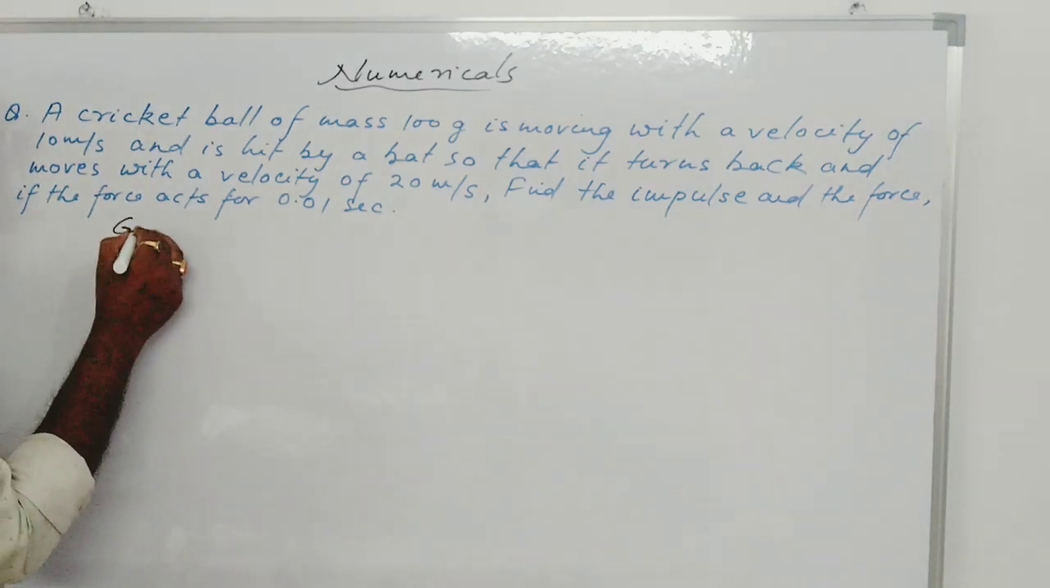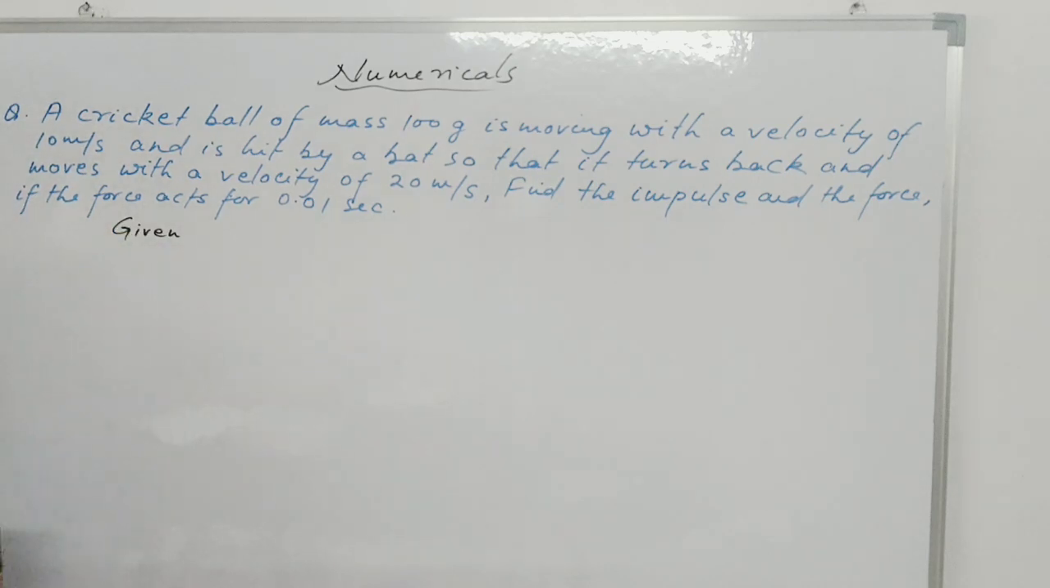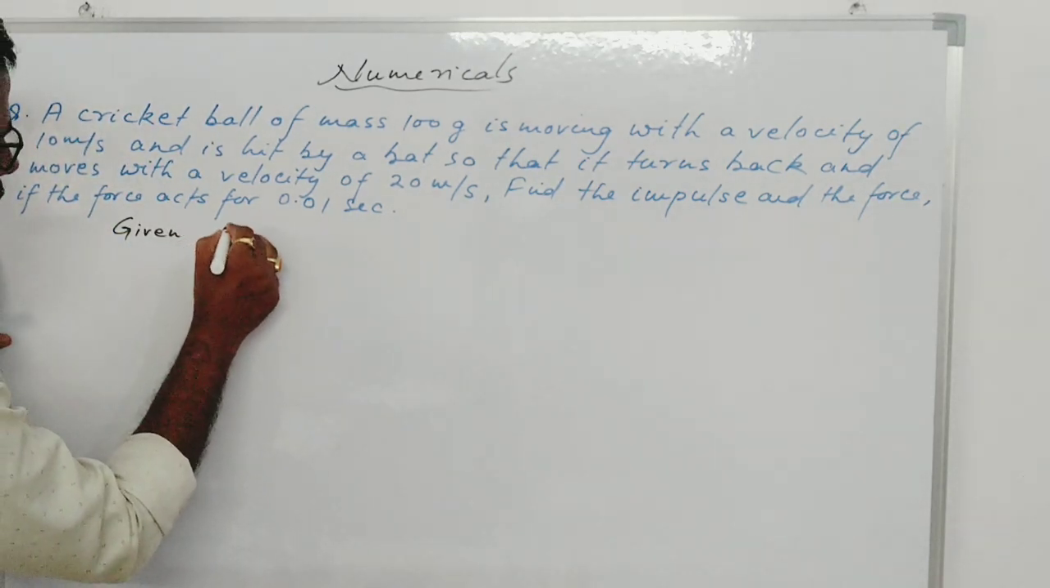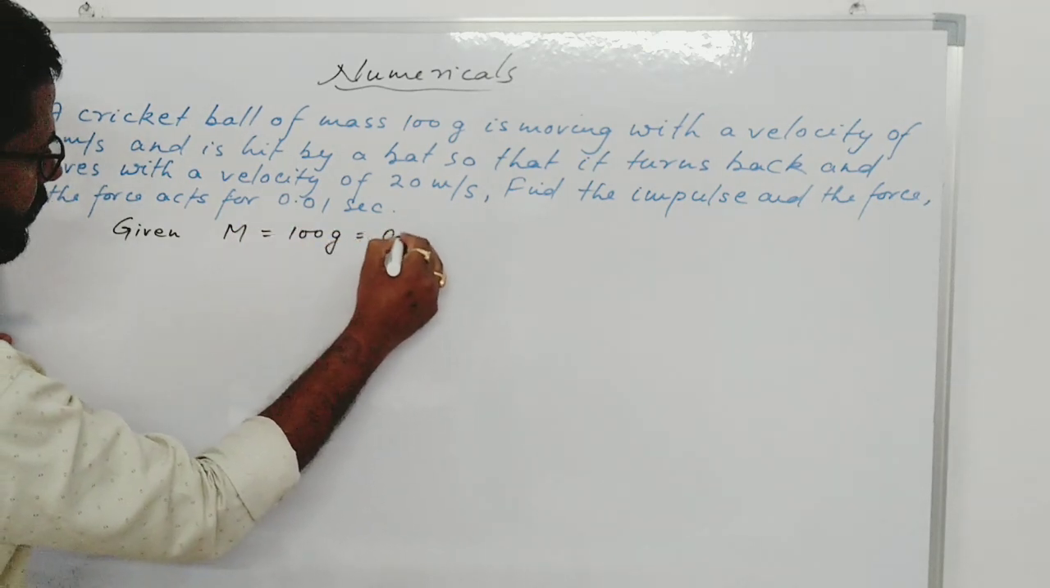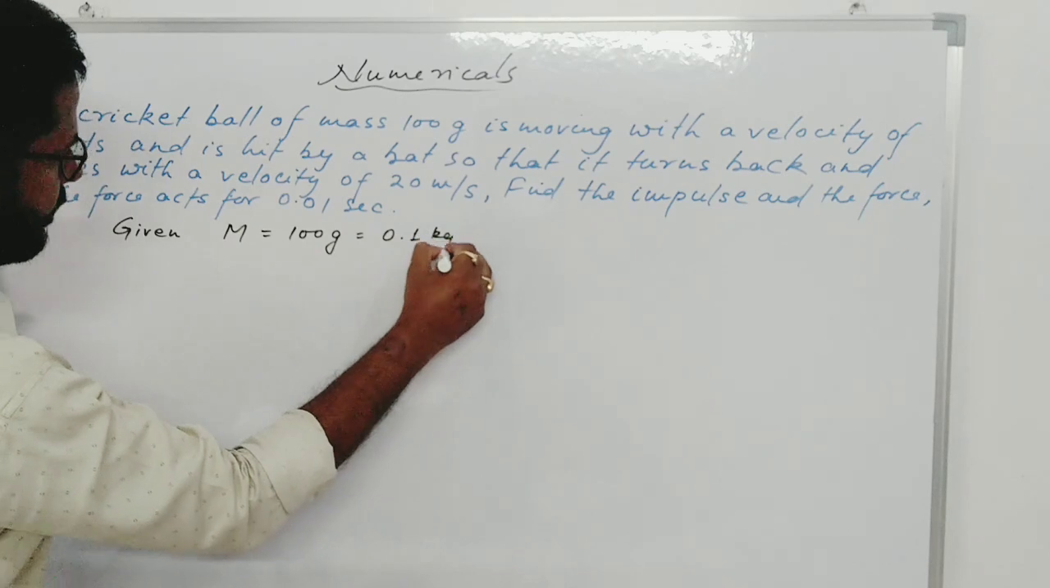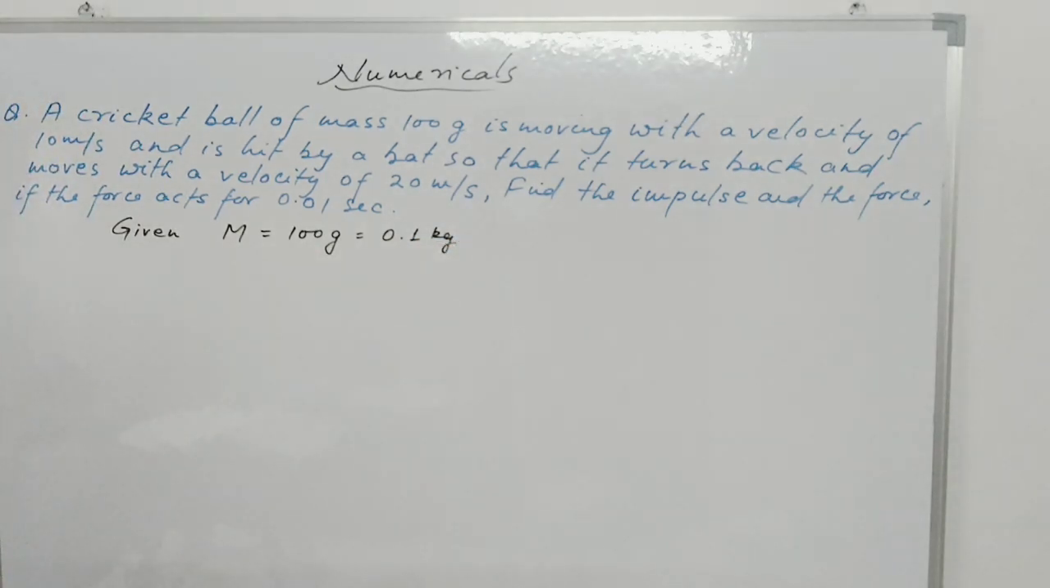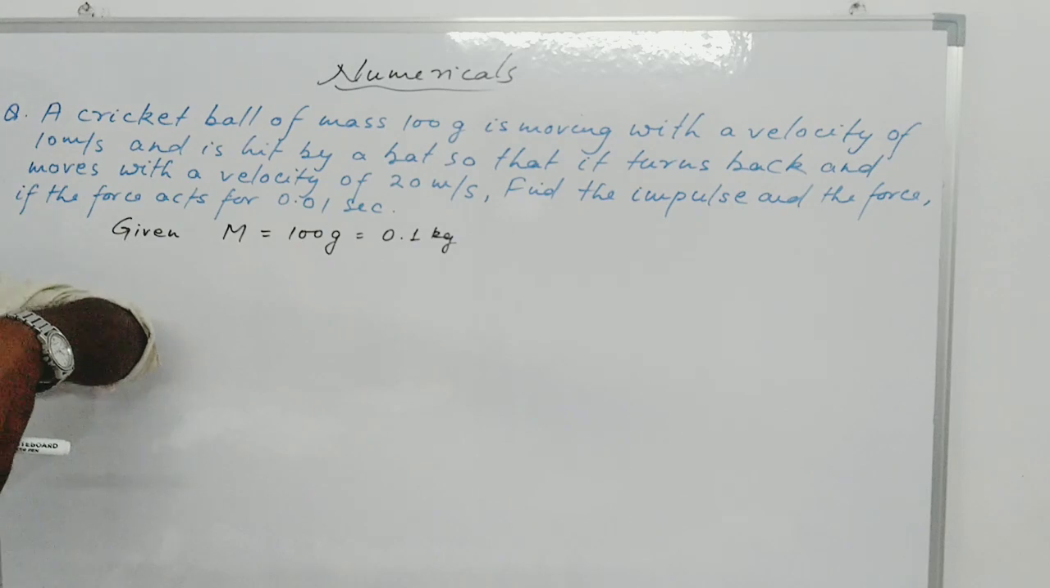What is given? Mass of the ball, that is 100 gram, that is equal to 0.1 kg. Got it? After that, okay, now let the direction of the final velocity after being struck by the bat